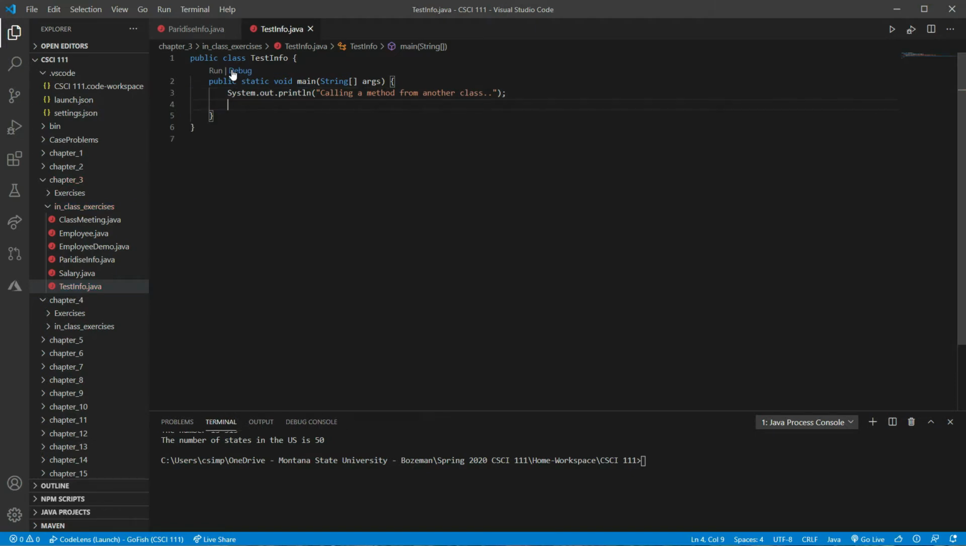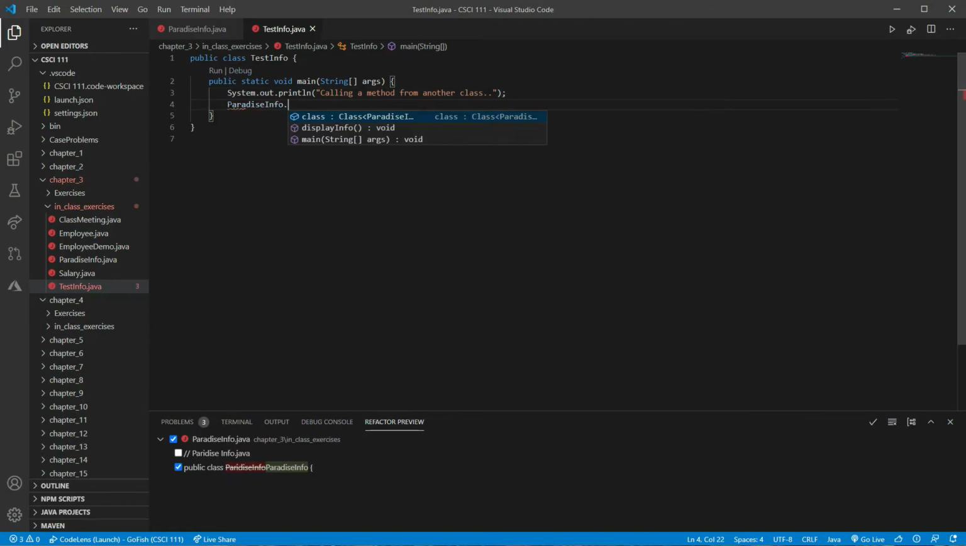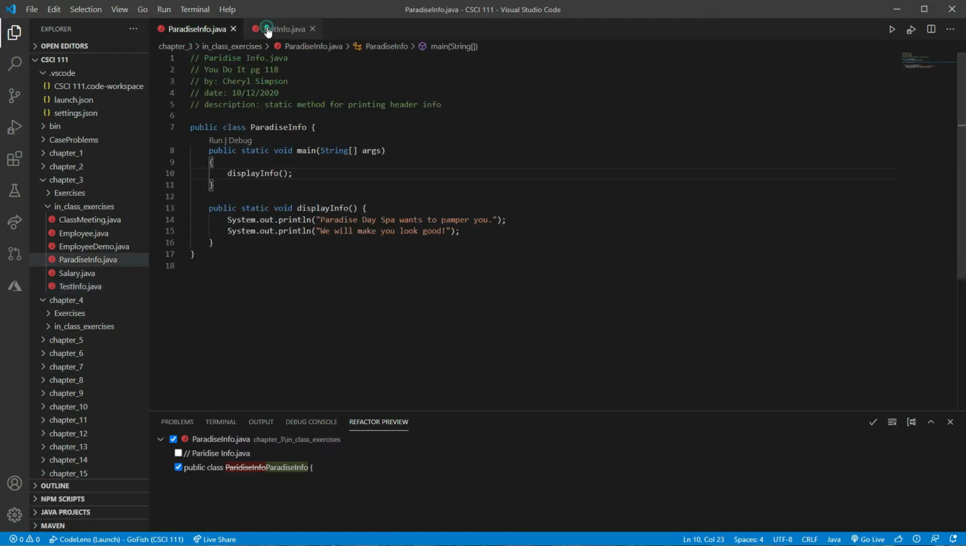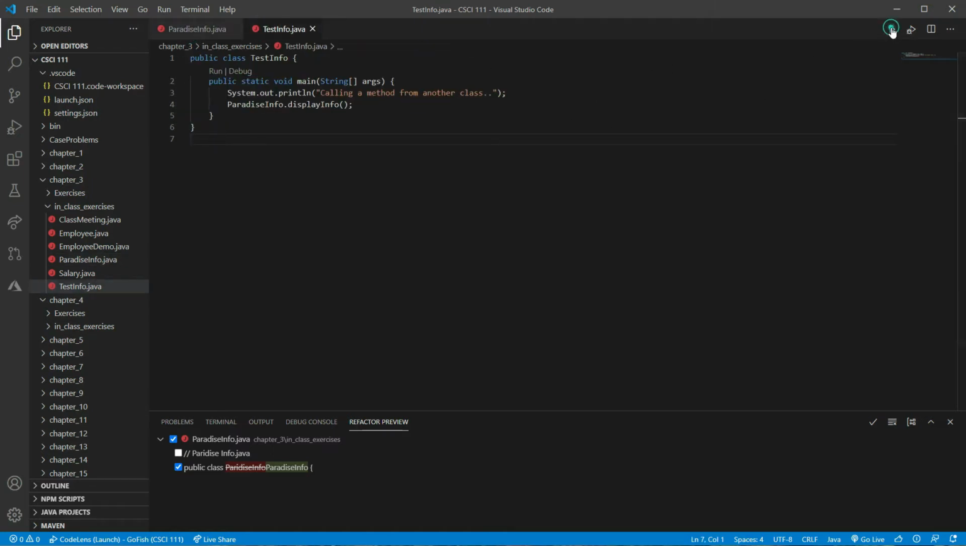Then we are going to call Paradise Info, it's going to find it, and we are going to call the display info method. So what we're going to do with this class is we're actually calling the method from the other file. So this method over here, we're going to call it from here. So when I run this,